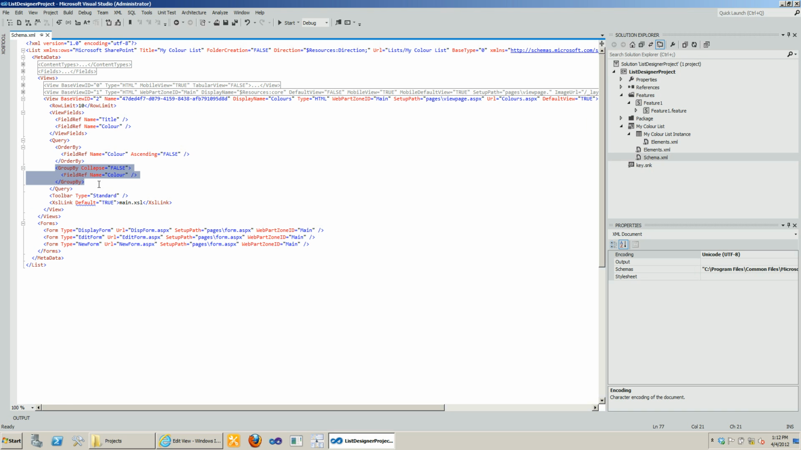So as you can see, the designer itself is an add-on which helps create different schema.xml files for lists, and I feel it's a very important part of Visual Studio 11, which will help the SharePoint developers increase their productivity. So I hope you had as much fun as I had in the screencast, and